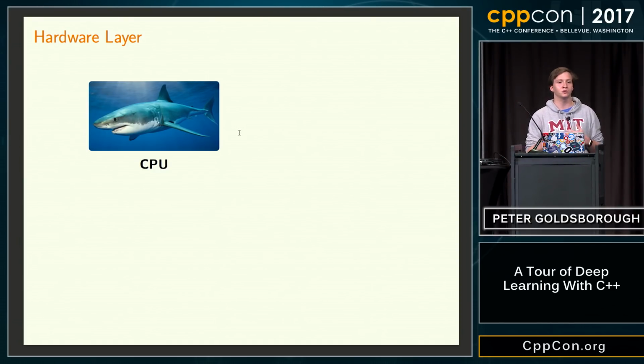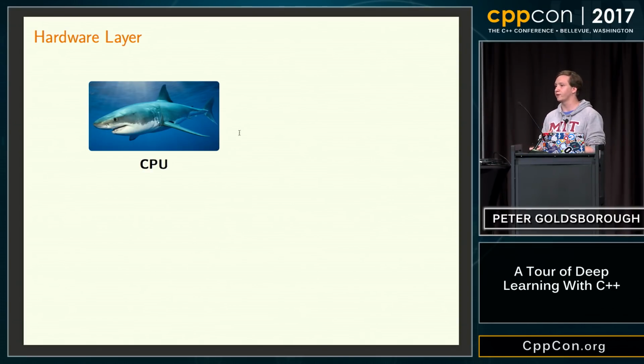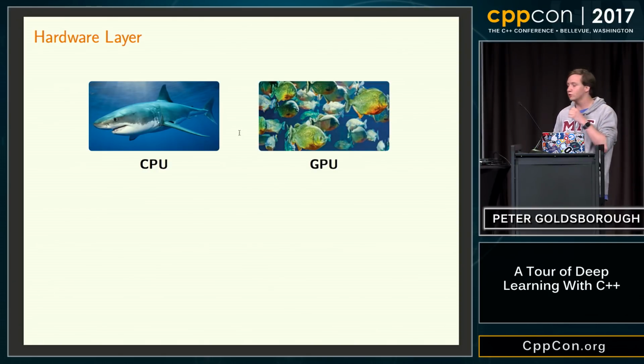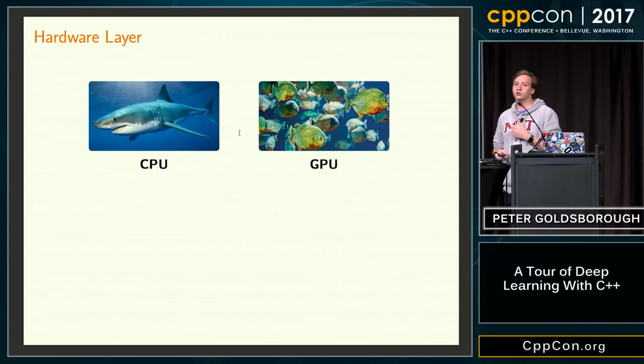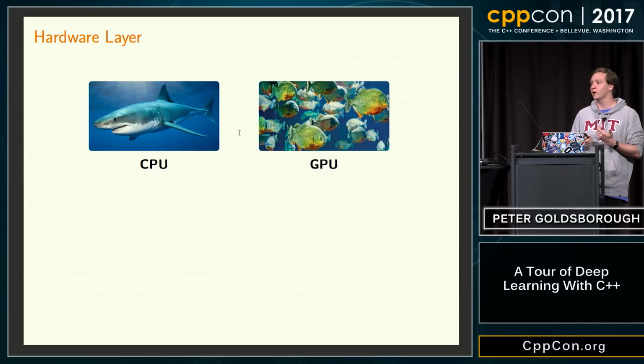So we all know that CPUs are very strong processors. We usually get a few of them, just as there are usually very few sharks. I mean, I've hopefully never encountered them, but there's usually very few of them. But they're very strong. They're very general. They can do lots of things. And in contrast, GPUs would be more like a swarm or a school of piranhas, where each individual processor itself is not very powerful, but in their masses, they're still extremely powerful.